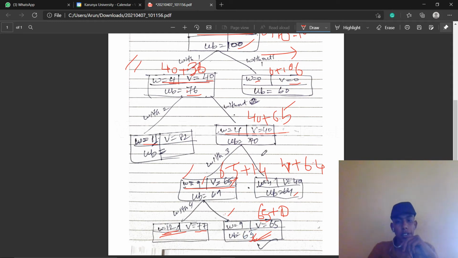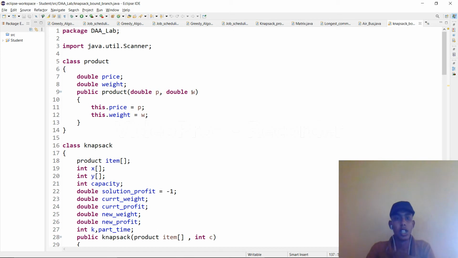Here 64, and here 65. The terminating value is 60 here, not defined here, 64 here, and 65 here. Which is greater? 65. So the maximum profit is 65, obtained using the branch and bound method. Now let us implement it in code.